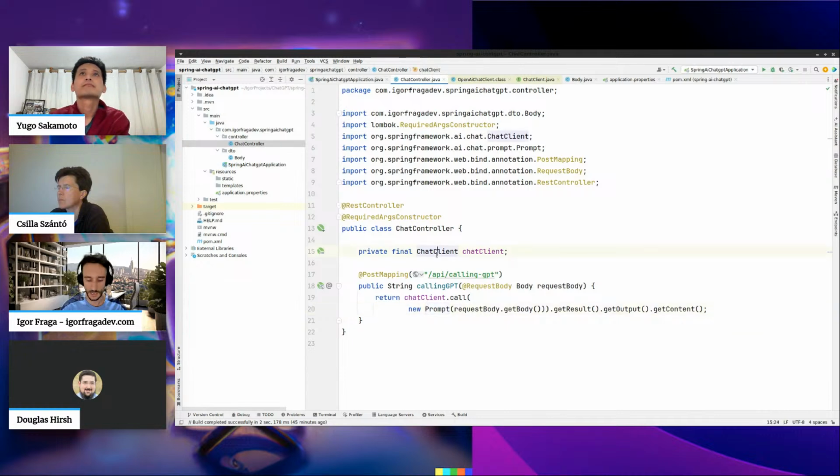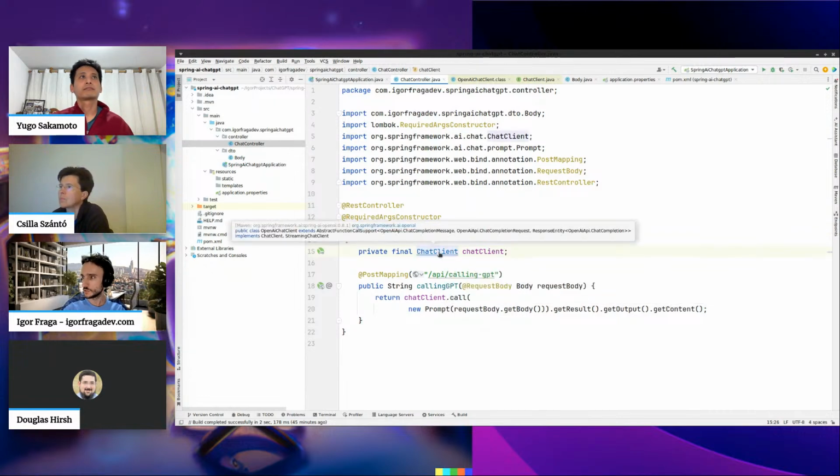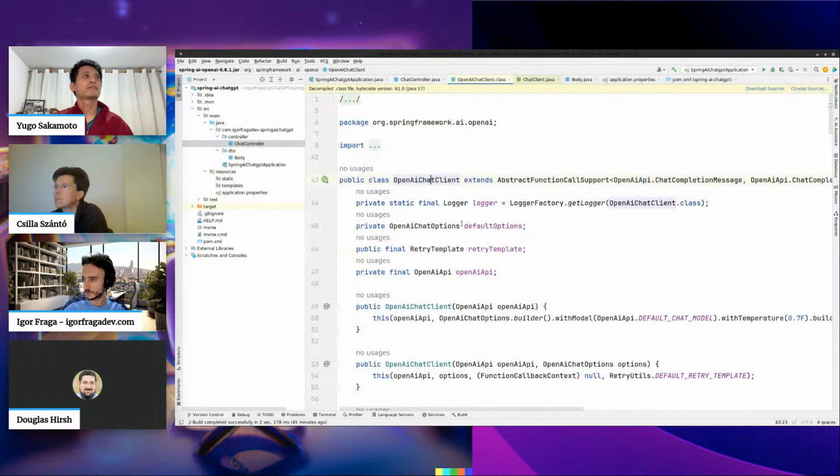You just change the dependency that you want. If you're going to change from OpenAI to Ollama, for example, it will change the implementation here, kind of out of the box.